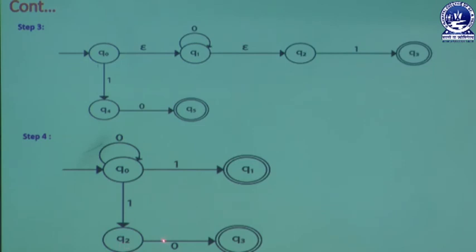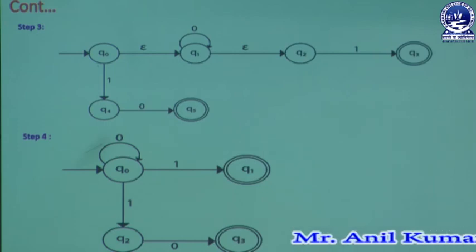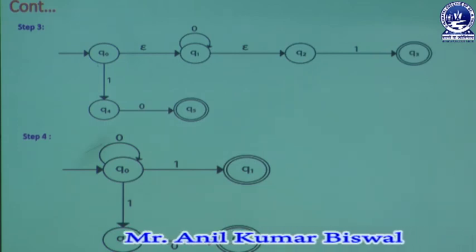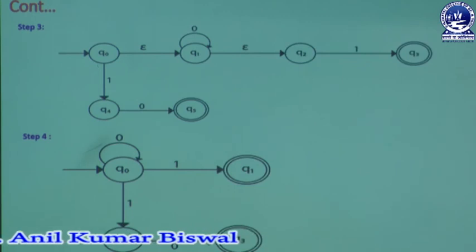Again, Q2 can take an input symbol 0 and is redirected to Q3, and here Q3 is also a final state. So according to this diagram we are getting this kind of simplified diagram structure. According to this diagram we are getting lots of different formats, and according to those different formats we are getting different kinds of environments according to user requirements.